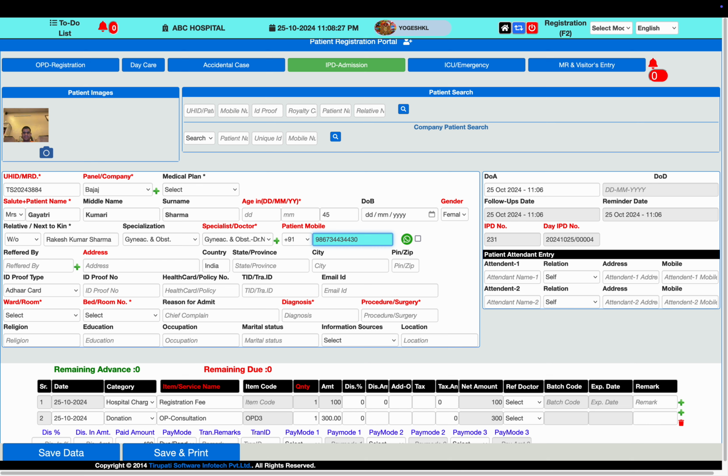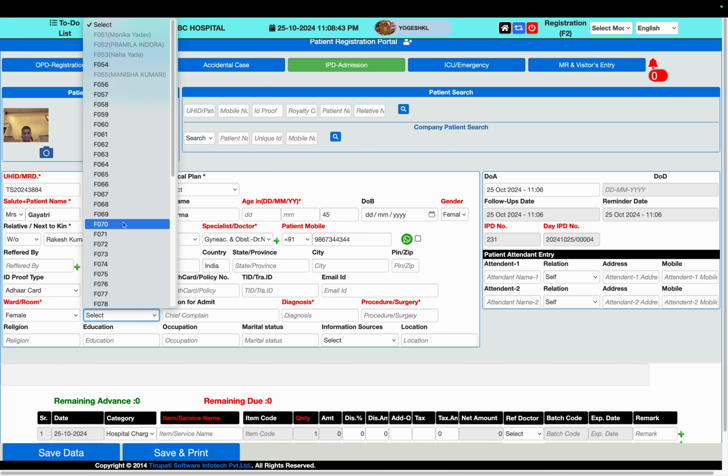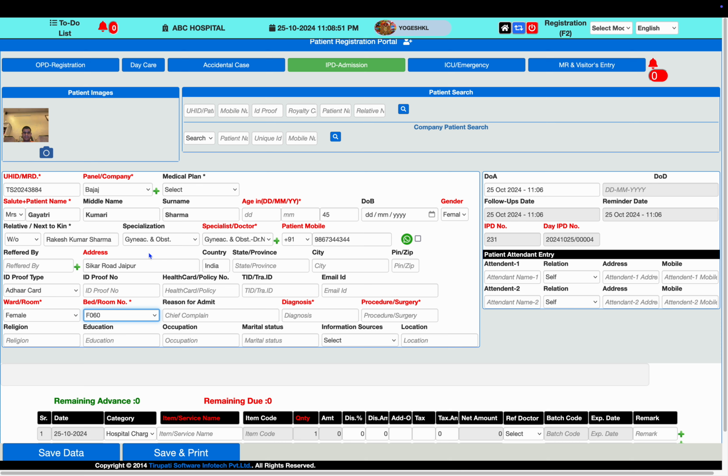and the system records it this way. The patient address we mention here, like Sikar Road, Jaipur, and under which ward we are going to admit, like female ward or deluxe ward. The system will check the ward. A disabled ward means another patient already occupies it. You can give the vacant ward or bed number, and the reason for admission, accidental purpose, delivery case or something else. We can describe the reason here